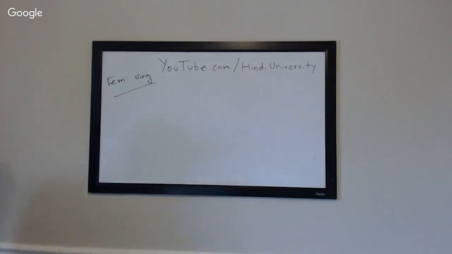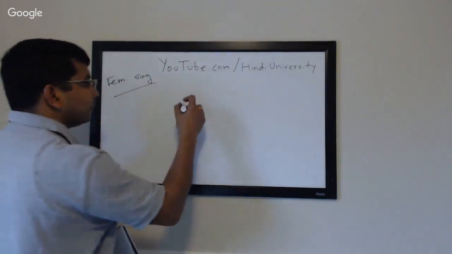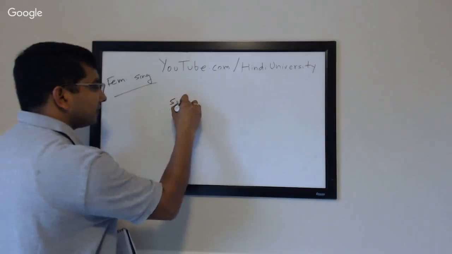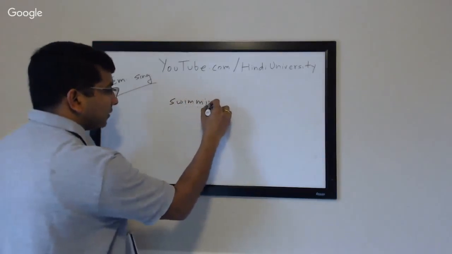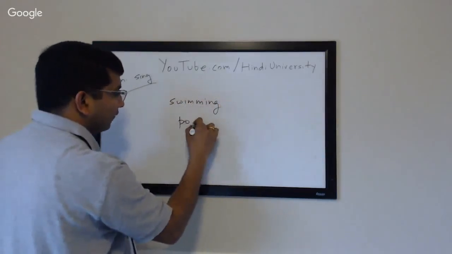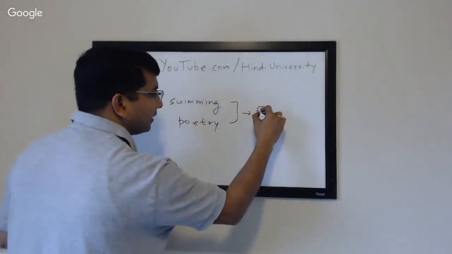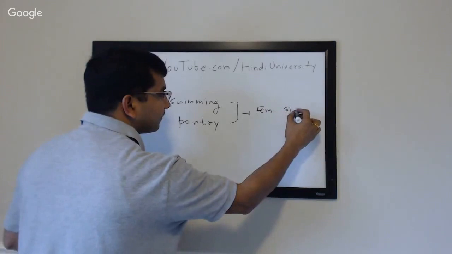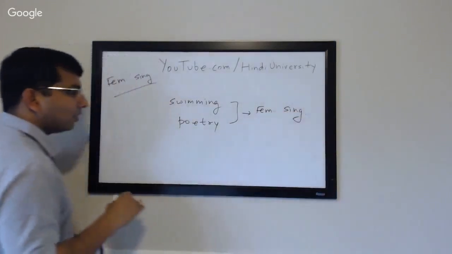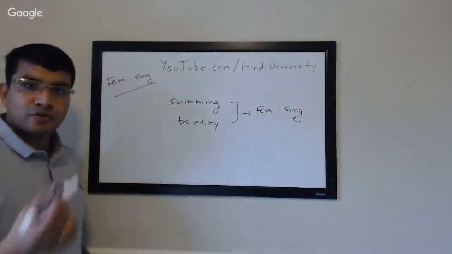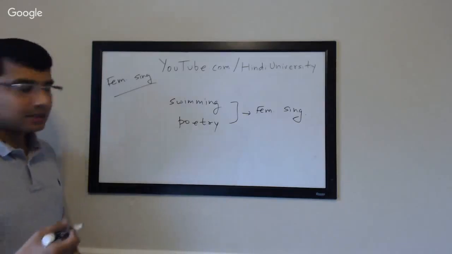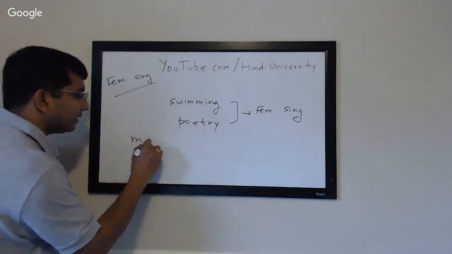As I said, swimming, poetry, all of them are considered, if using it as a noun, feminine singular. Okay, so all the examples that I did swimming or I did poetry, you will say मैंने